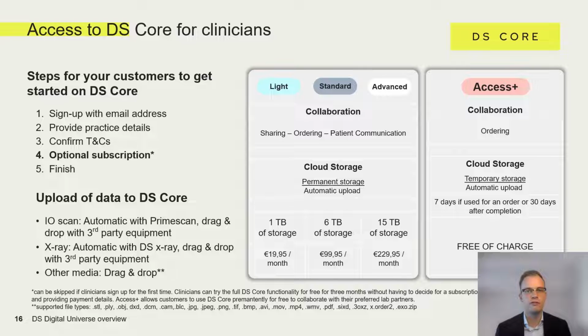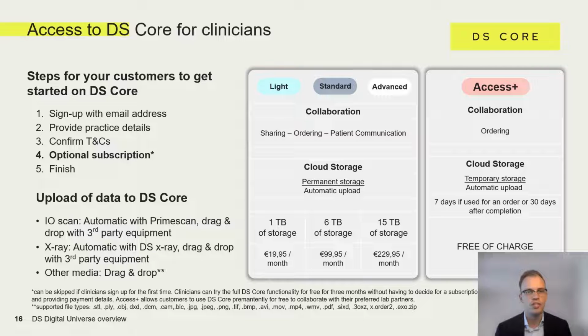DSCore is offered in 4 tiers, which are subscriptions that are paid on a monthly basis. We offer DSCore in the Light, Standard, and Advanced subscription, and if you choose a paid subscription, DSCore comes with the full set of functionalities. The only difference between the tiers is the respective cloud storage that is included, from 1 terabyte to 6 terabyte to 15 terabyte. We also offer DSCore in the so-called Access Plus tier,